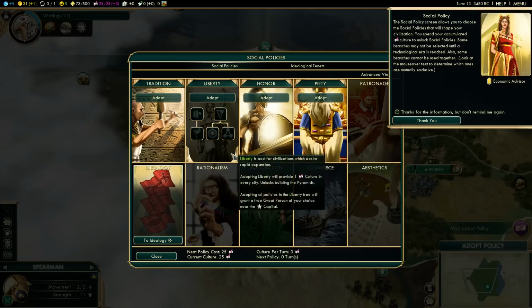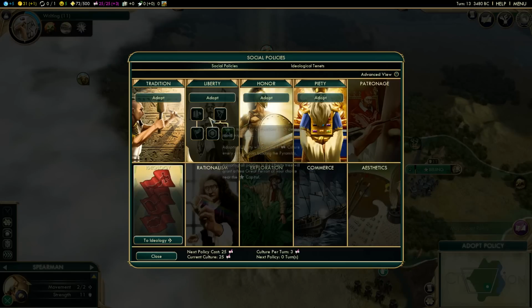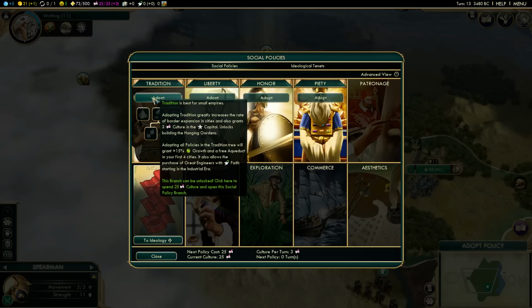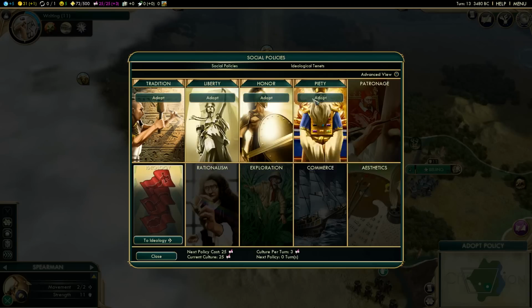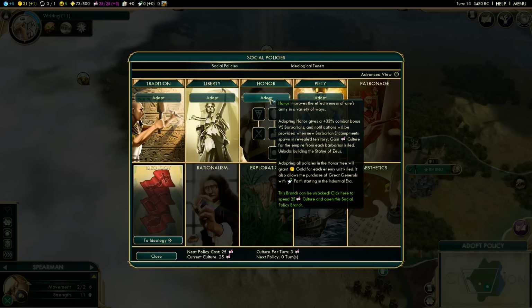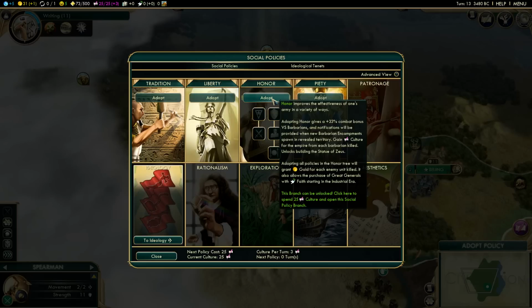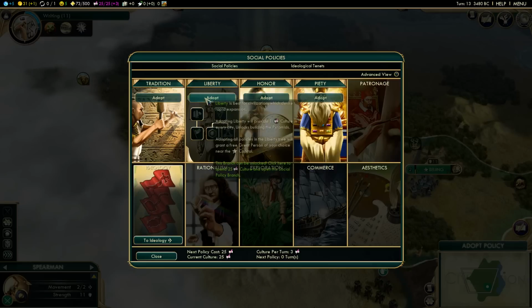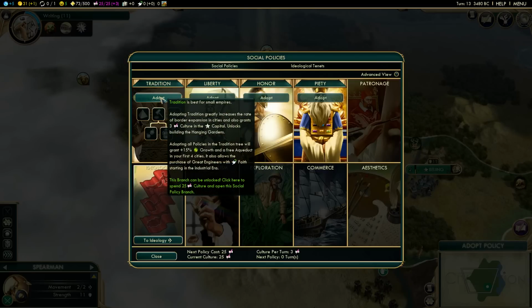The policy. I haven't thought about it. Let's see. Something scientific. Honor is good. Honor is very good for China because we generate great generals faster because of Sun Tzu's academy or whatever the special Chinese idea is called. But I'm not going to go that way. So it's between these two, and I really...